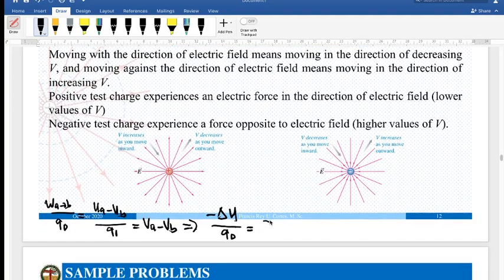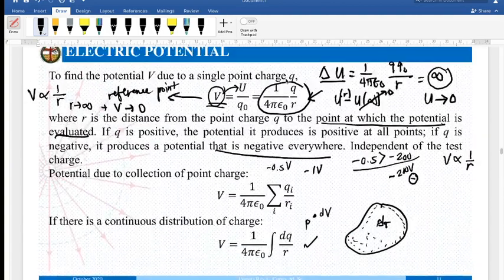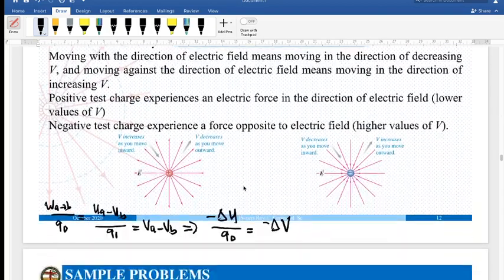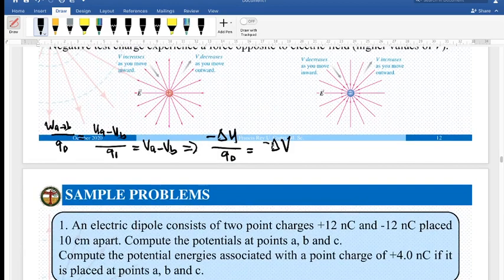So you have the negative change of your potential, because the U here is actually not a change, meaning your reference point here is at infinity. So we have a negative change of potential, then still equal to this one, so we have VA minus VB, which is equal to